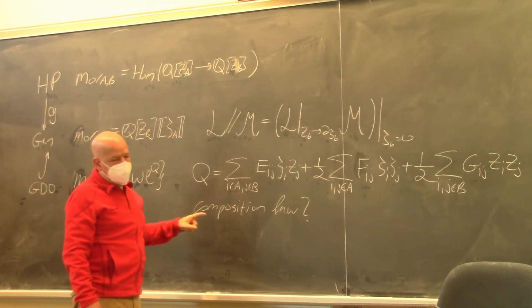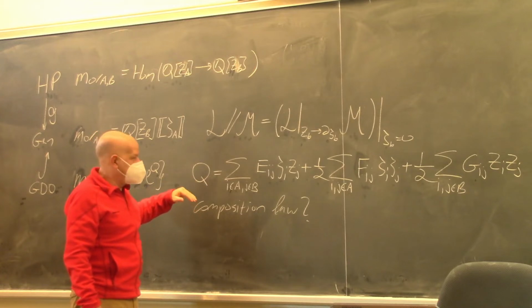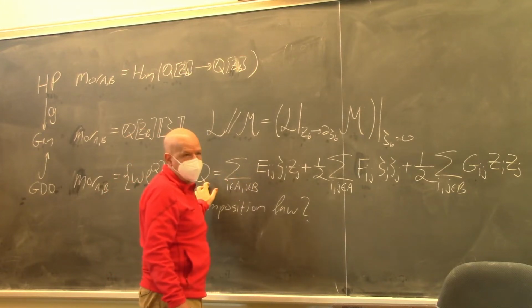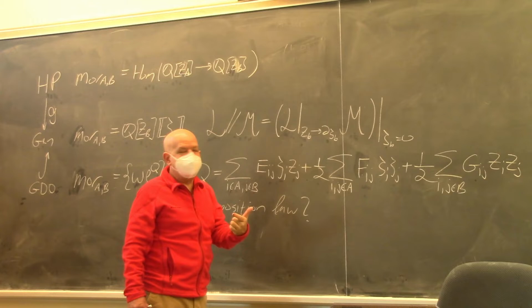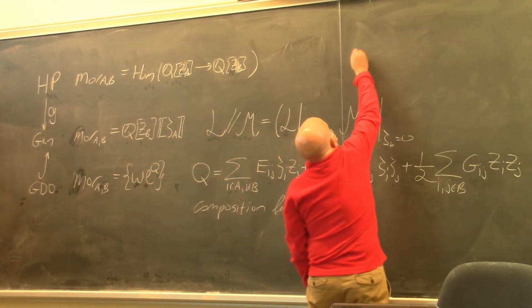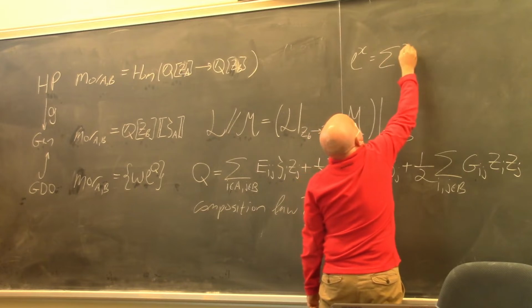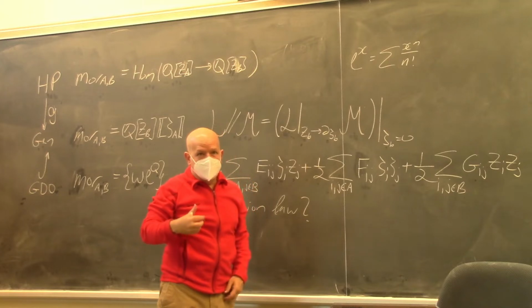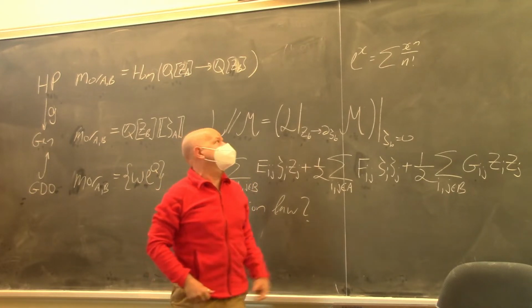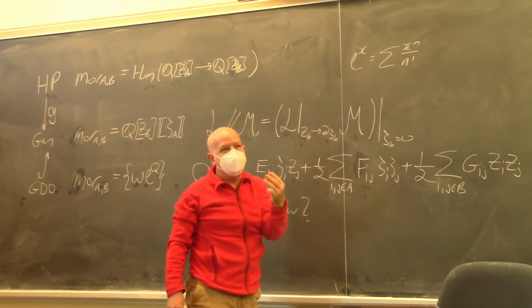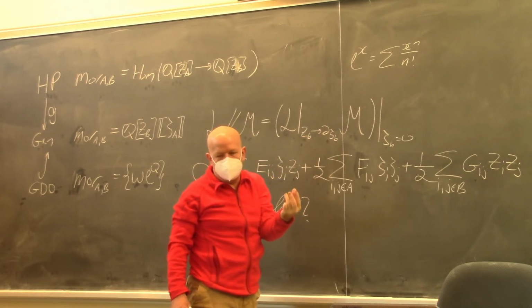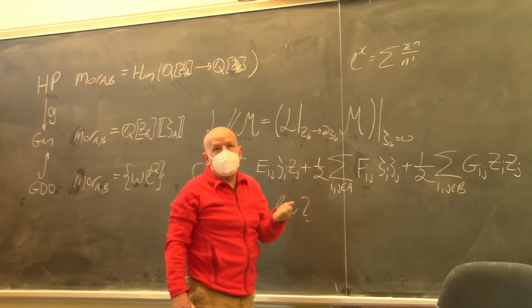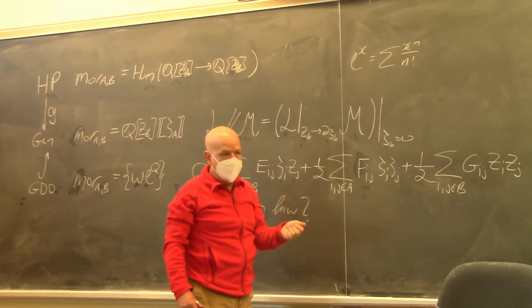One further minor comment before we deal with the composition is the following. Notice that we exponentiate Q. To exponentiate something, what is e to the x? e to the x is the sum of x to the n divided by n factorial. This has to somehow converge. So in analysis, x has to be, well, actually e to the x always converges. But in general, in analysis, we say that power series converge when the parameter is small. I'll use the word small in an algebraic context as well. Okay? But